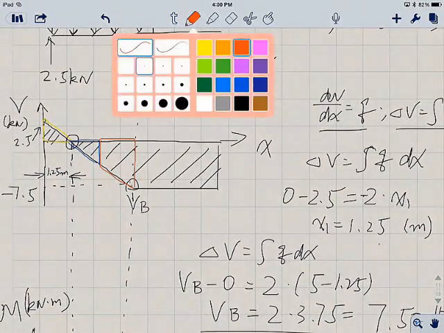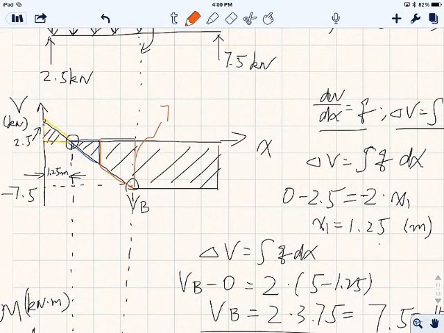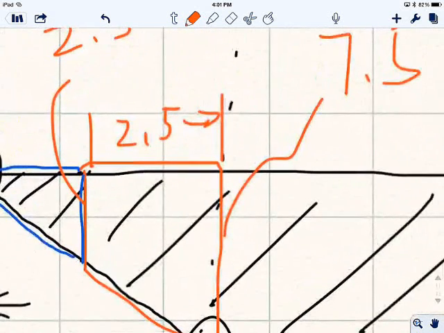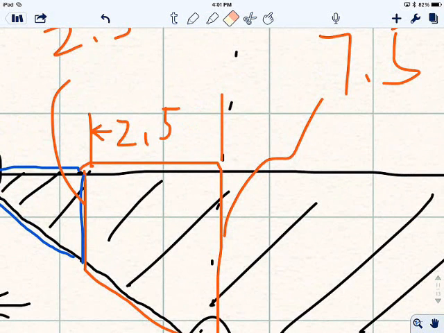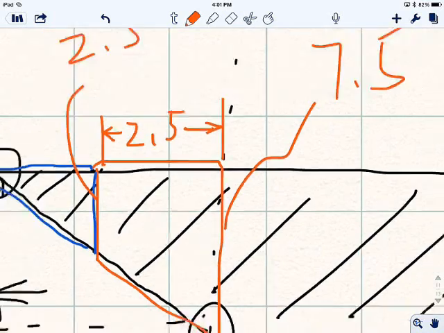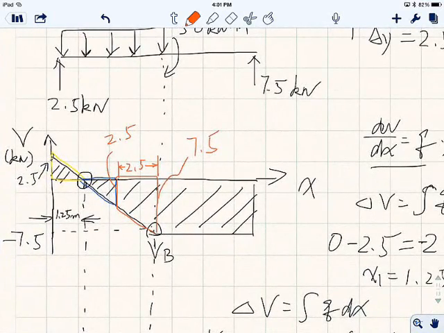Trapezoidal shape. This length over here is 7.5. This length over here is 2.5. And the height is 5 minus 2.5, so this is 2.5 from here to here. Okay, now this is rectangular, this is rectangular. So I know the length here, I know the length here, and I know the height. Of course, I can calculate the area, right? So the area,